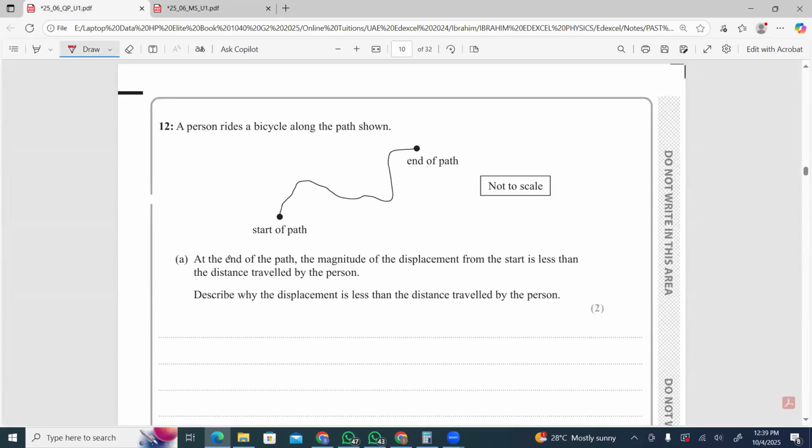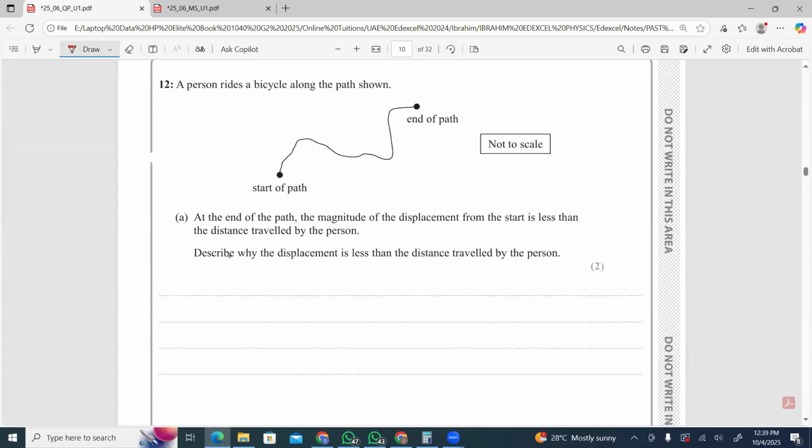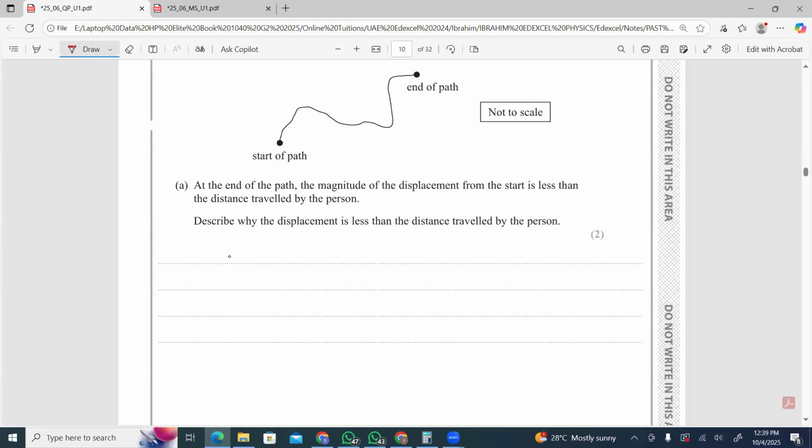A person rides a bicycle along the path shown. At the end of the path, the magnitude of the displacement from the start is less than the distance traveled by the person. Describe why the displacement is less than the distance traveled by the person. It's just obvious that the displacement is always a straight line like this. So we just need to mention displacement is the shortest distance between 2 points,